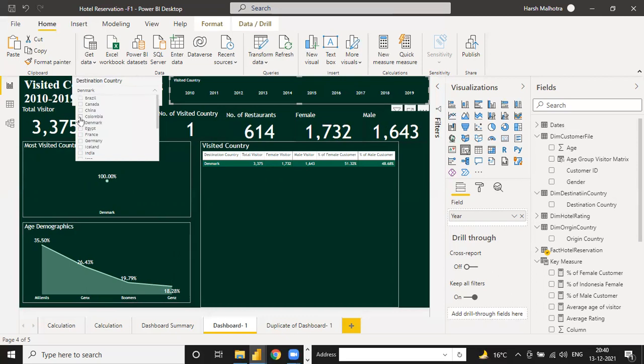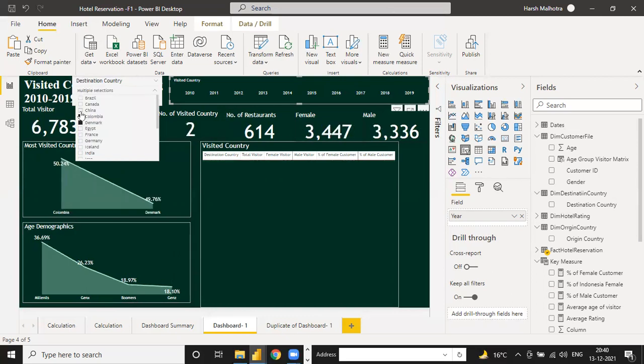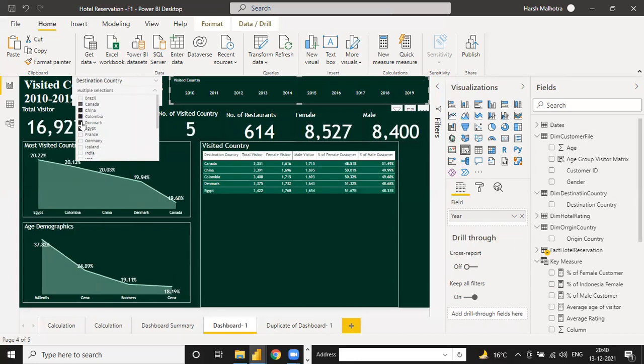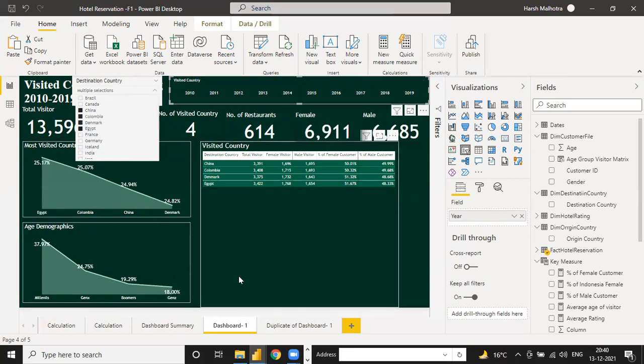Not just one country. You can select 2, 3, 4 as well. Just press control from your keyboard and you can select 4 countries. Okay. Just press control and select. Like this, if I select 4, the value changes. But if you